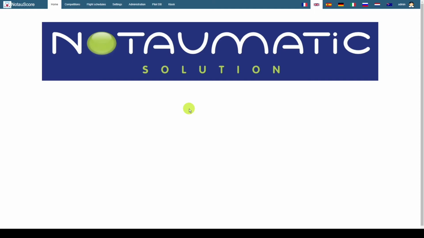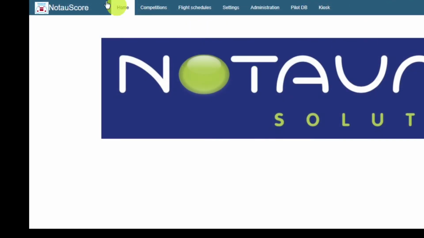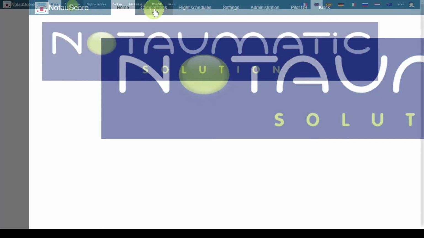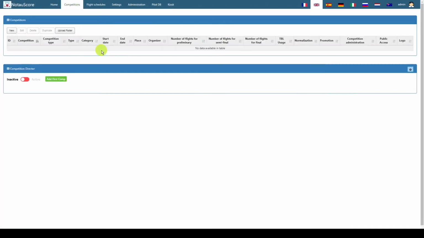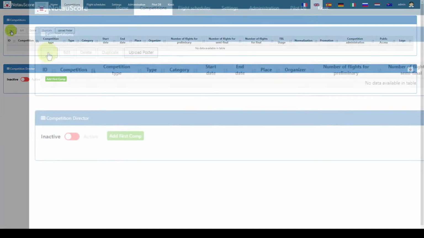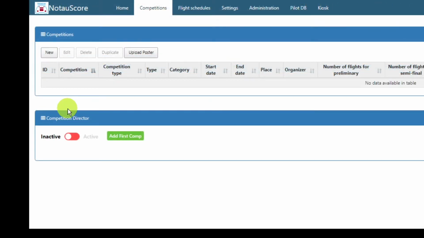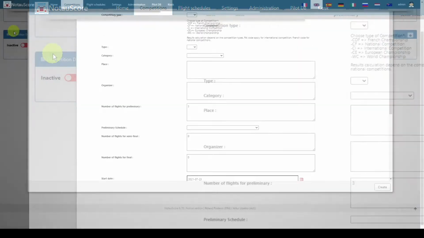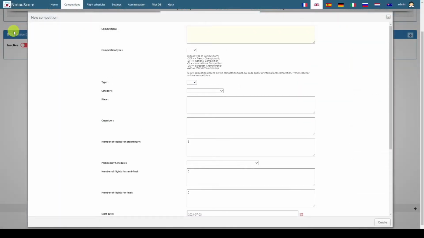Okay, so the first thing we've got to do when we're creating a competition is look at the competitions menu, which is up here in the top left. When we click on the competitions item, it brings up this screen where you have your option to add a new competition. So there's your new competition button there. Now when we press add new competition, it brings in another menu, which is where you can set up your parameters.